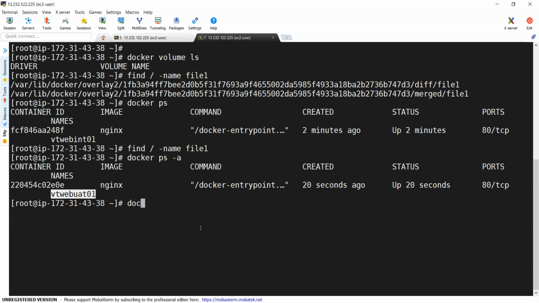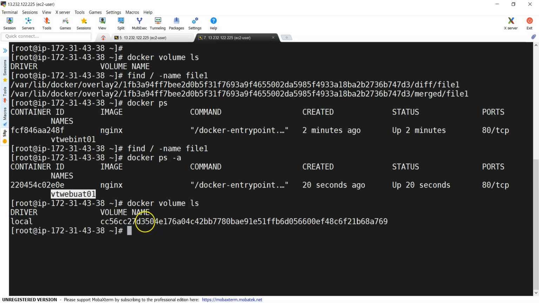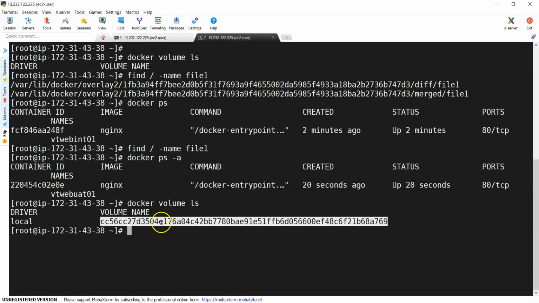Now we will check docker volume ls. Okay, now you can see a Docker volume. One volume has been created, and this is alphanumeric. It is a random name. Why? Because we haven't specified any volume name. And if I want to see when this volume was created, docker